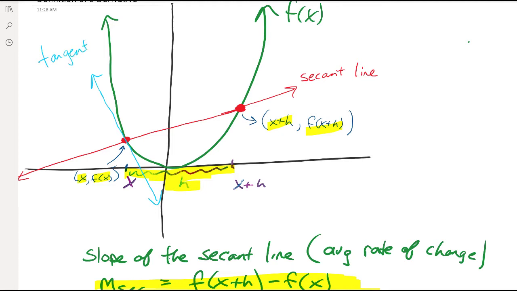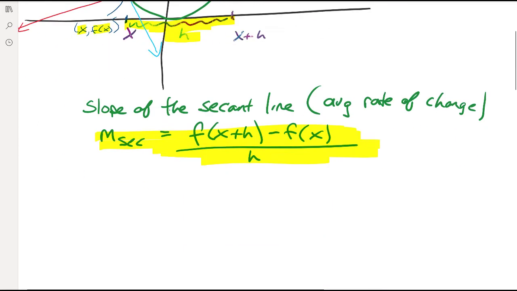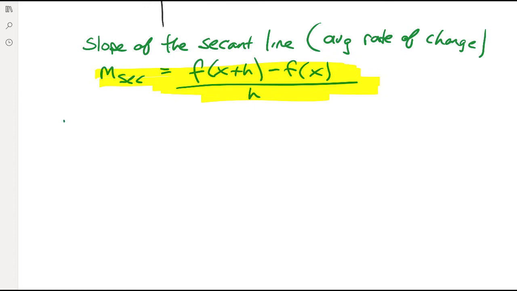A secant line intersects your graph at 2 places, whereas a tangent line only intersects your graph at 1 place. If I want to find this thing called an instantaneous rate of change, it's going to give me the rate of change at exactly that left ordered pair there. All I have to do is find the slope of the tangent line. So let's write down that definition. An instantaneous, I'll call it instant for short, an instant rate of change